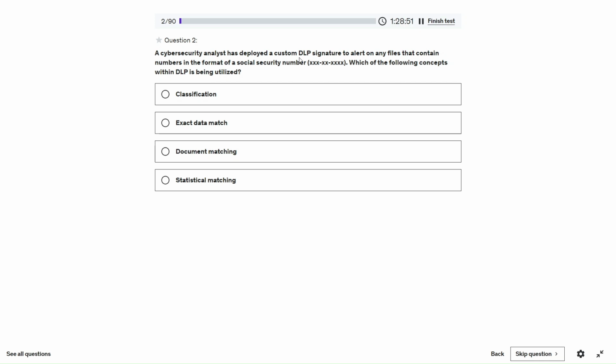So an analyst is actually adding its own custom signature to get the alerts. So on what type of mismatches is he going to get the alert? So whenever the same signature